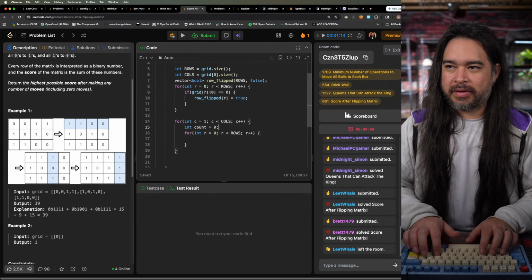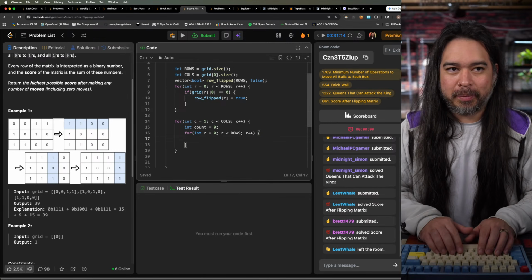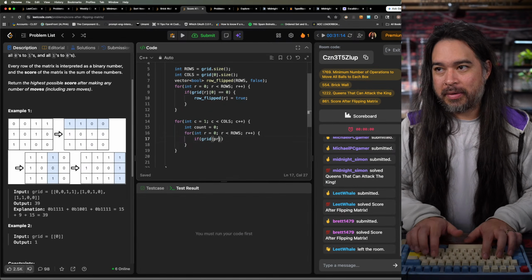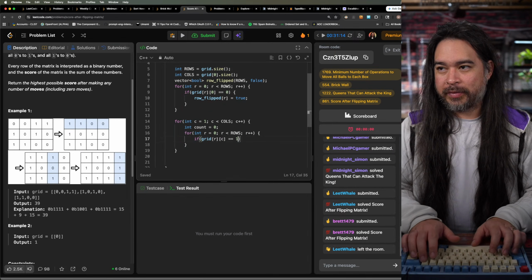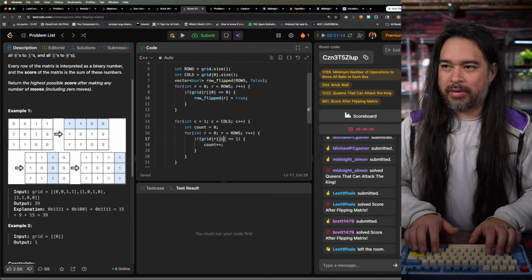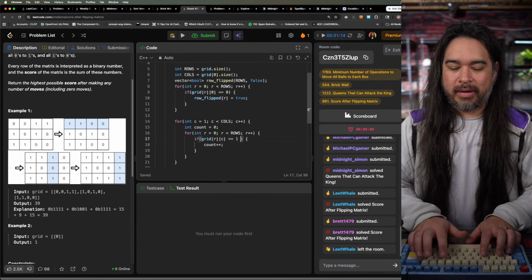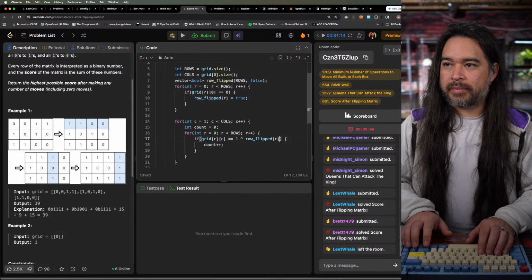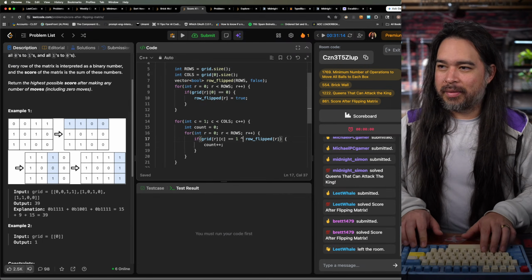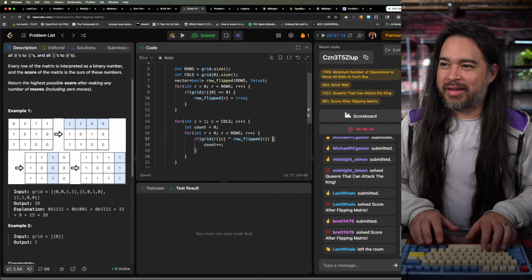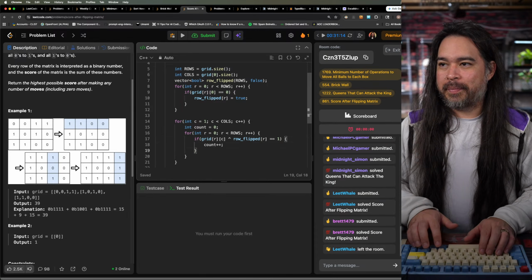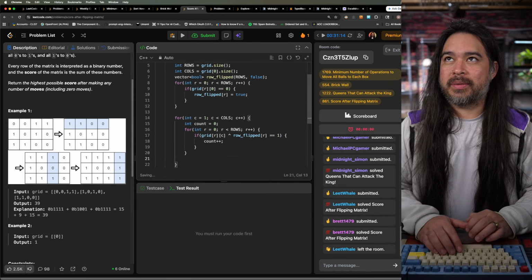I'm gonna think of some nicer variable name, but count is okay. So we're gonna say if that grid is 1, then it's, oh no, not like that. Grid, and then we flip it with row flipped. What am I typing, man? If that is equal to 1, then we increment the count. And at the end here, we're going to be like,